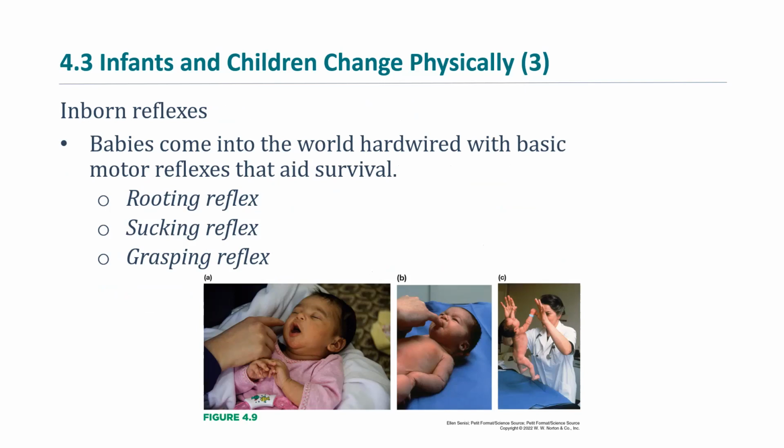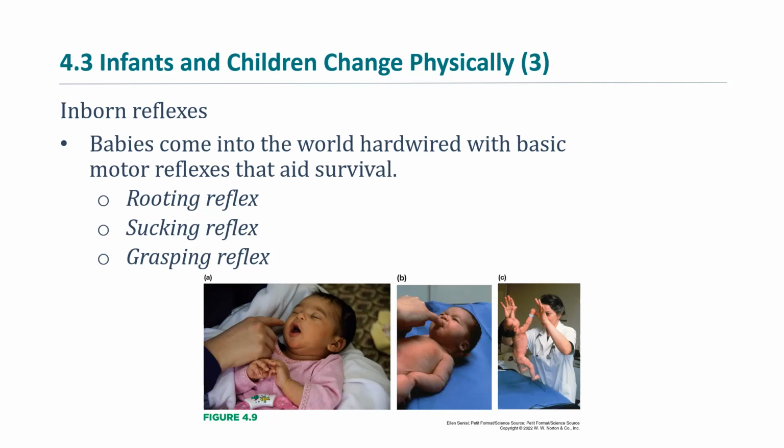The rooting reflex is shown in the first picture. And this just means that if you touch a baby's cheek, they will turn their mouth towards the touch. The rooting reflex helps them find the nipple for feeding. So, often in a breastfeeding situation, or in a bottle feeding situation, if the nipple misses their mouth, they will turn their mouth to latch onto it. The sucking reflex, shown in the second picture, is that if something enters their mouth, then they will automatically suck on it. And obviously, this is also connected to the first one. It's going to help them feed.